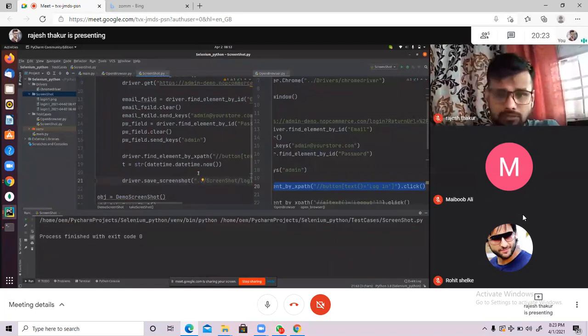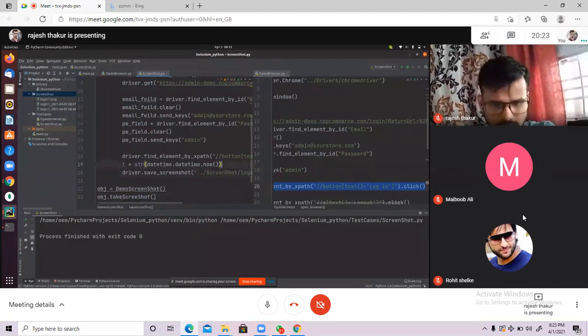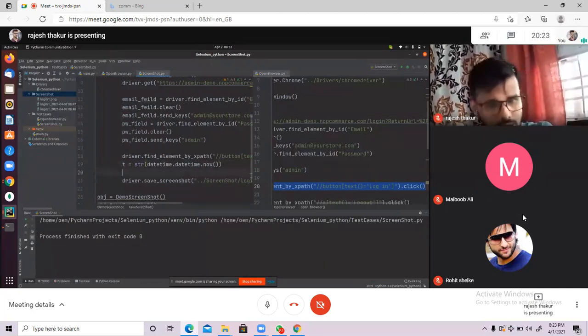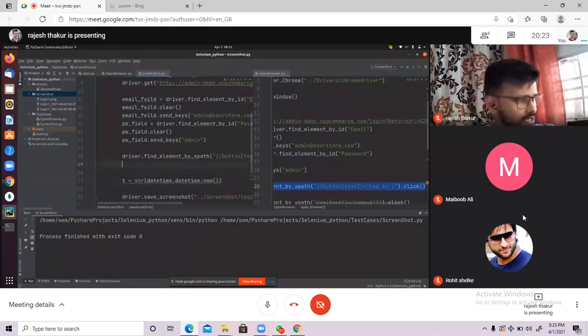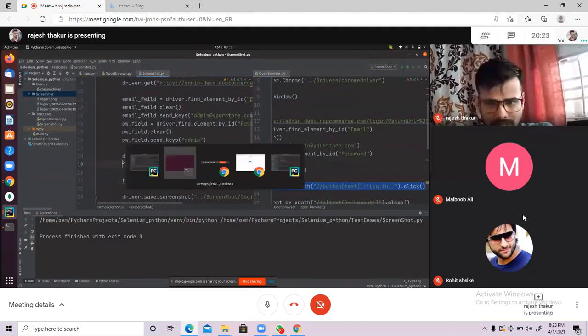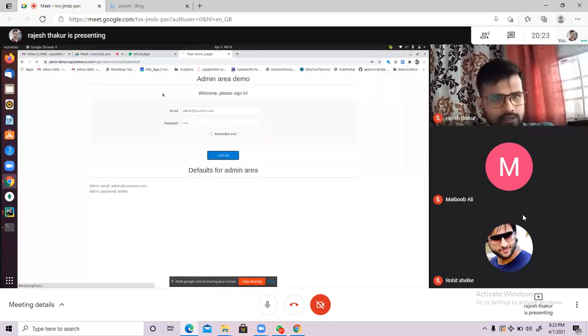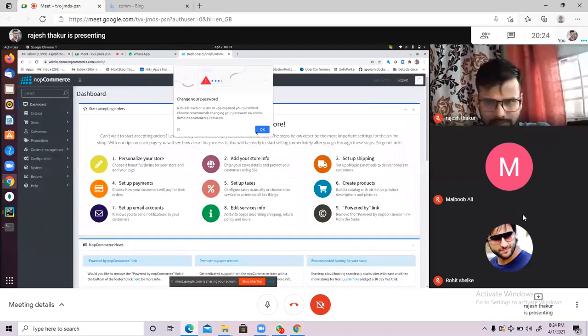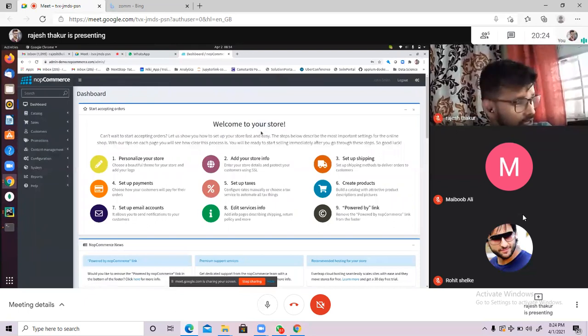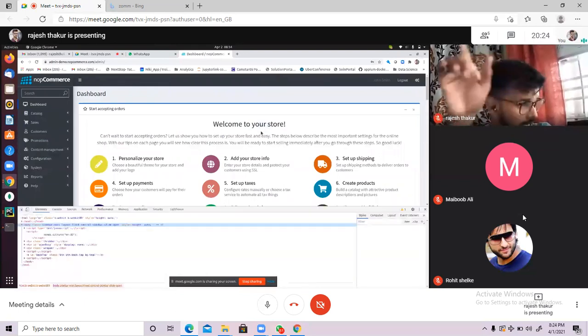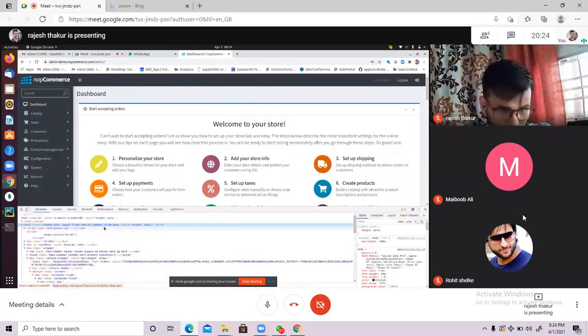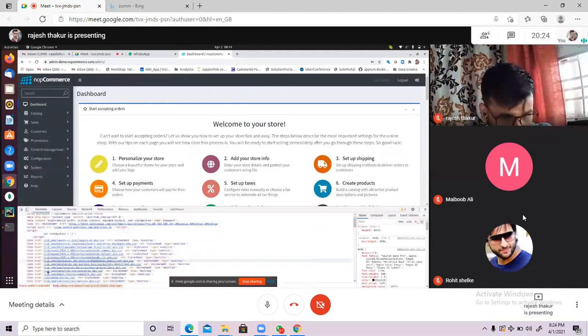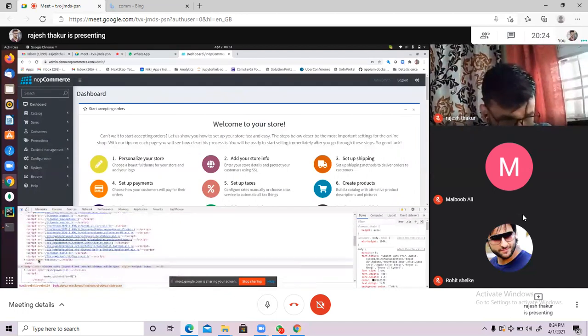So what I'm trying to do, once the login has been done, here we are taking the login, yes, login is done. Now once the login is done, we are checking the title of the page. Let me do the login. After login I am trying to check the title of the page. What is the title of the page? How can you check the title of the page? Control Shift C or right click and inspect element, both ways will work. Go to the head section, there you will get a title. Are you able to see the title?